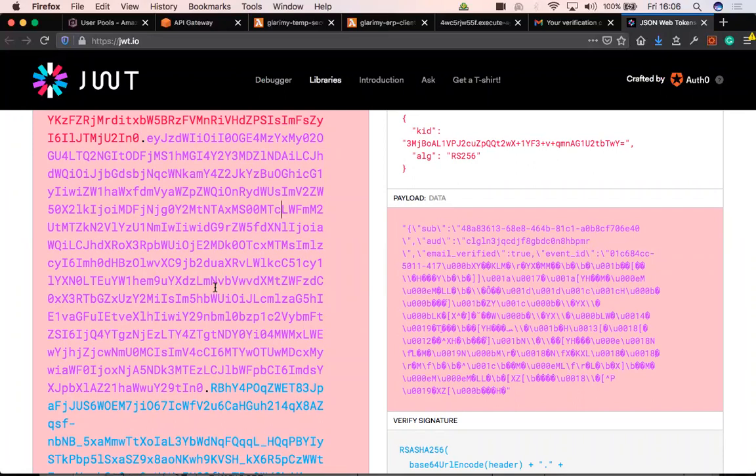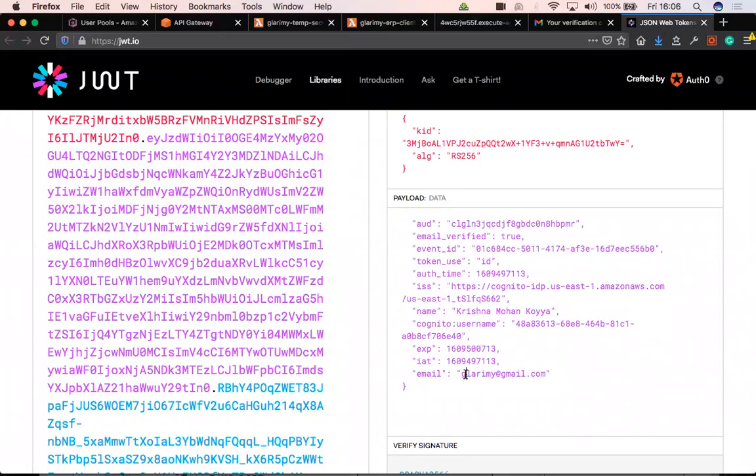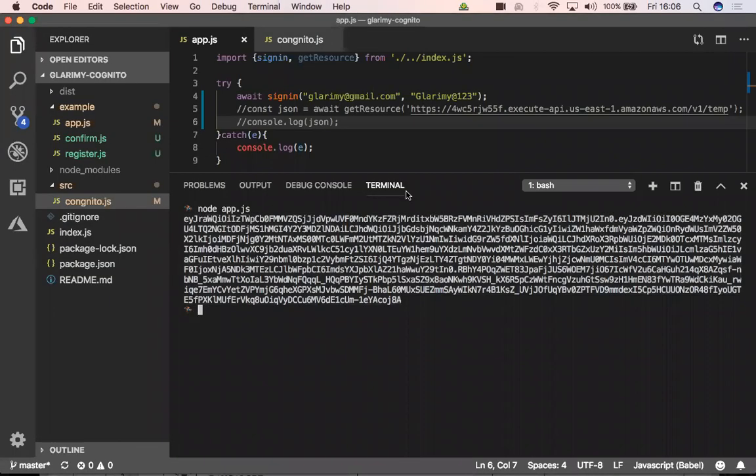So first they check whether it is valid. Second, they check whether it is issued by them or not, meaning Cognito. Third thing they check is who is the user. Okay, this is the user, this is the email ID. They know a few things about it, so that in the application logic you may use this. Maybe when you want to check the database, you may look up the database against this email ID to get all the clients of this email ID, something like that. Some information you are passing. So this is the token.